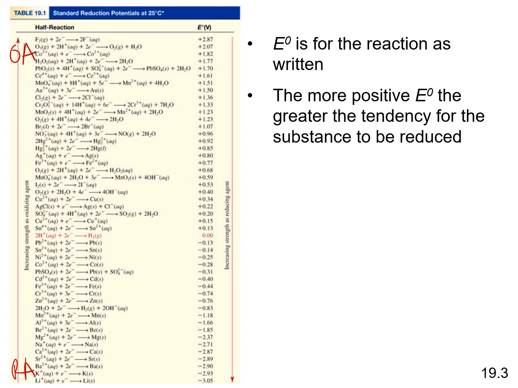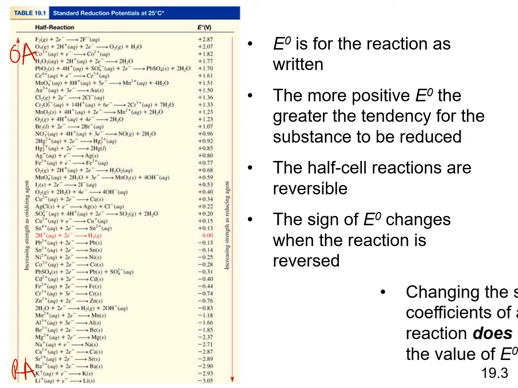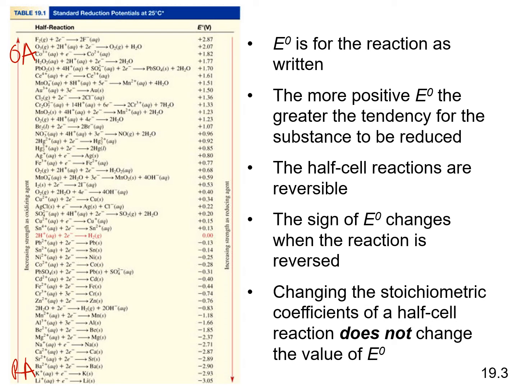So when you compare the two half cell reactions or values, the more positive will undergo reduction because it will function as an oxidizing agent. Okay, these half cell reactions are reversible, so you can reverse them. Usually when you reverse, the sign will be changed. So if it's positive, then it becomes negative. And of course, as I've said, the sign of this potential changes when the reaction is reversed. So when you make it an oxidation, from positive it becomes negative, or if it's from negative